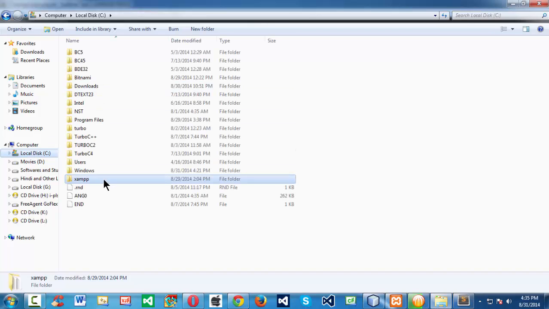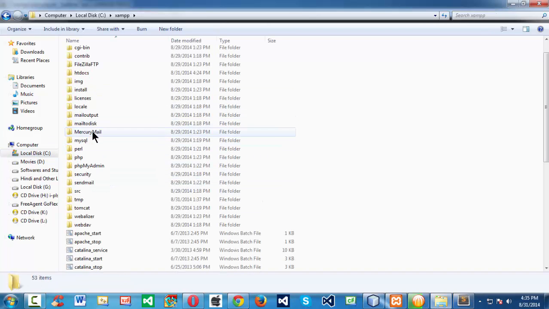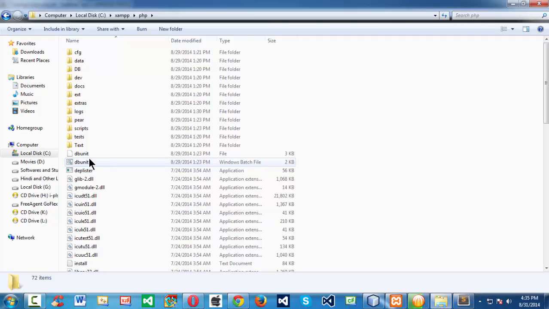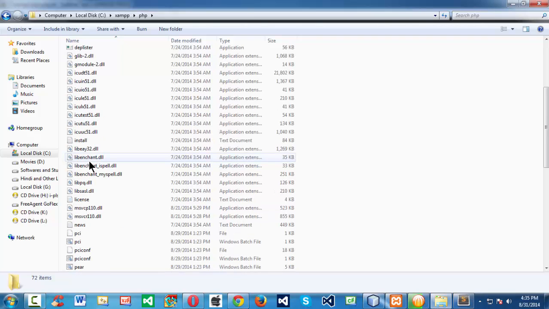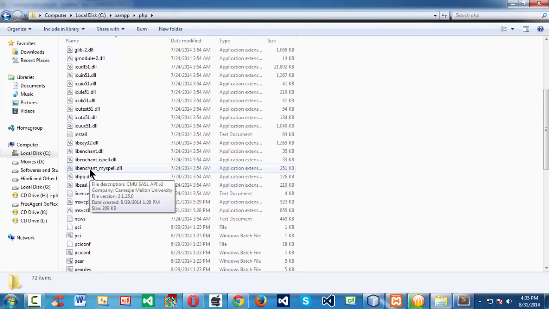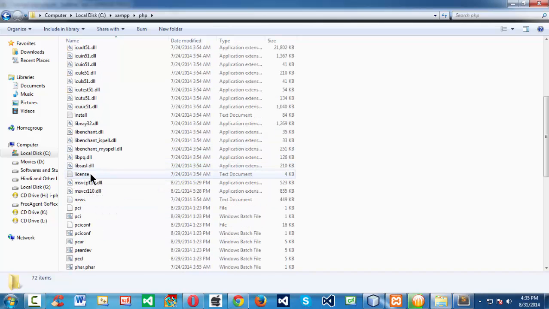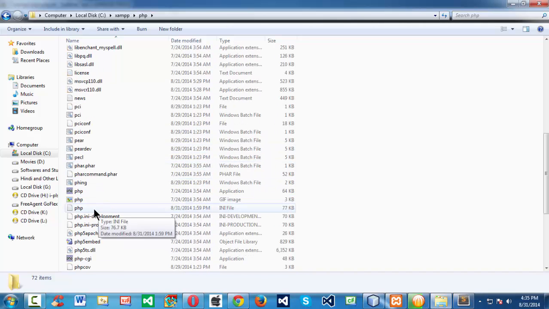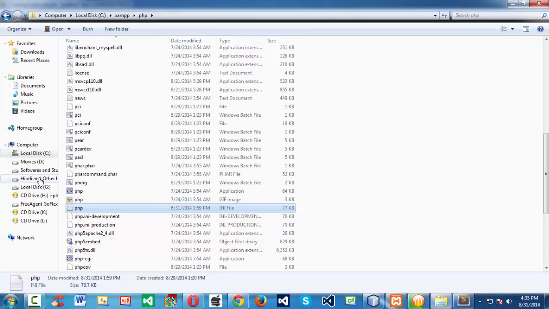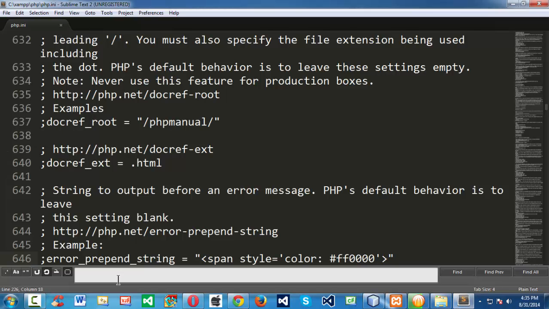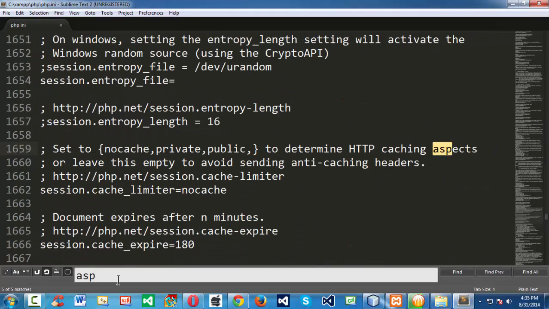So if you go to your C drive, to your XAMPP directory, and go to your PHP folder and browse down a little bit, here you have the php.ini file. So if you open that file in your favorite Notepad or Sublime Text, and you want to activate ASP tags,